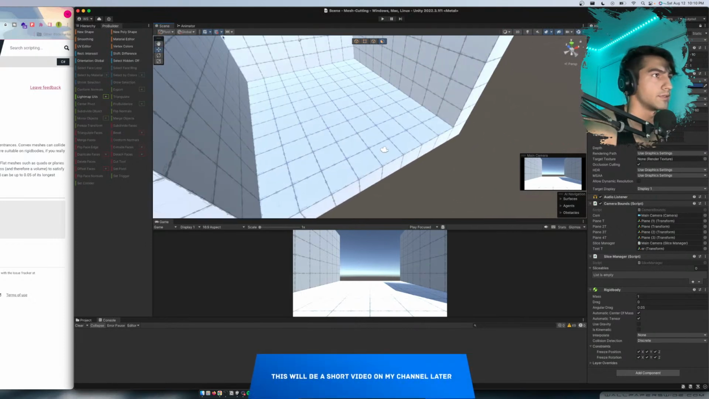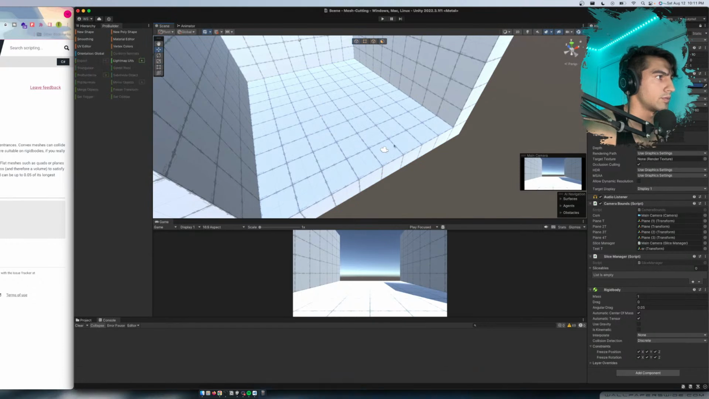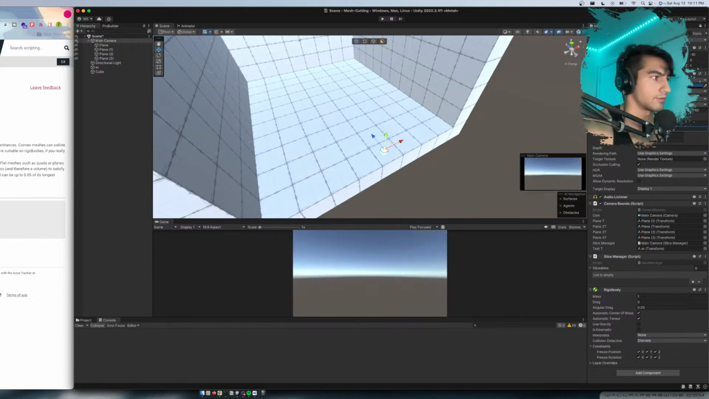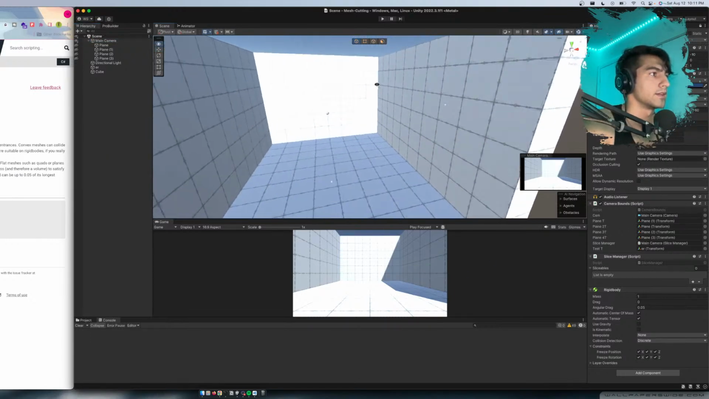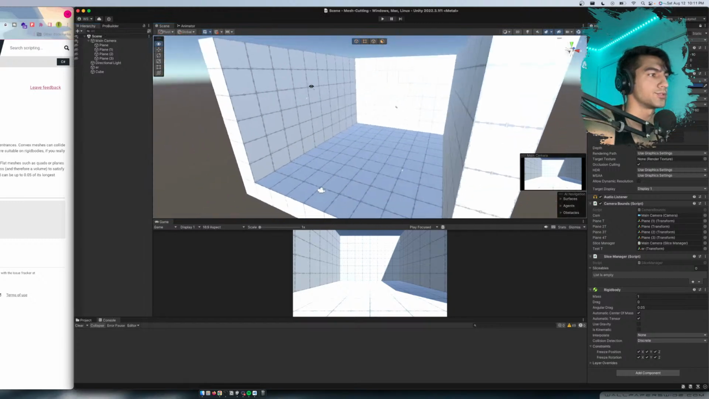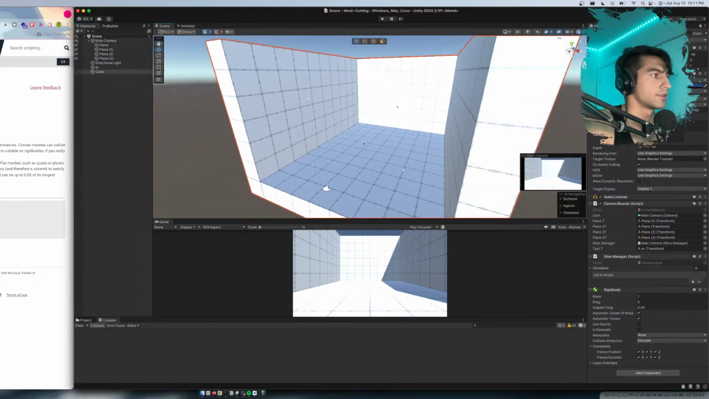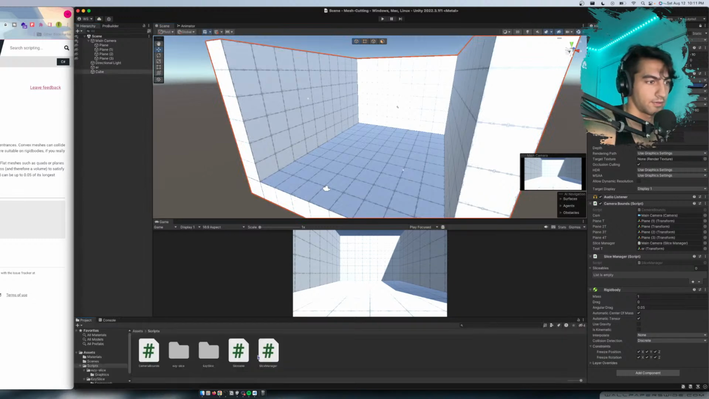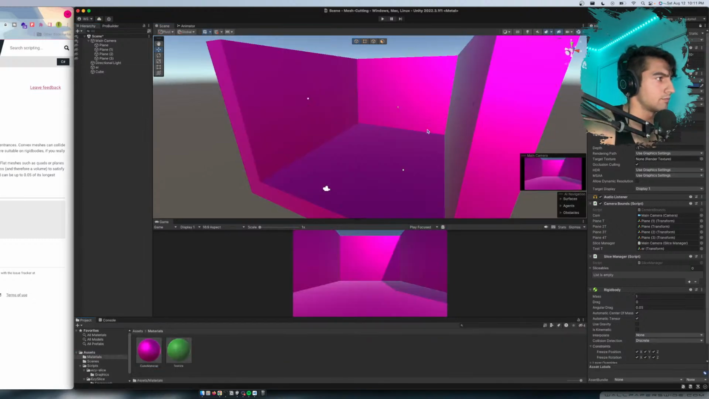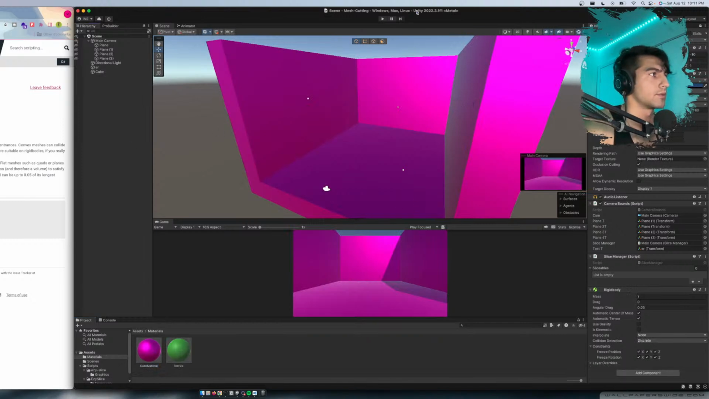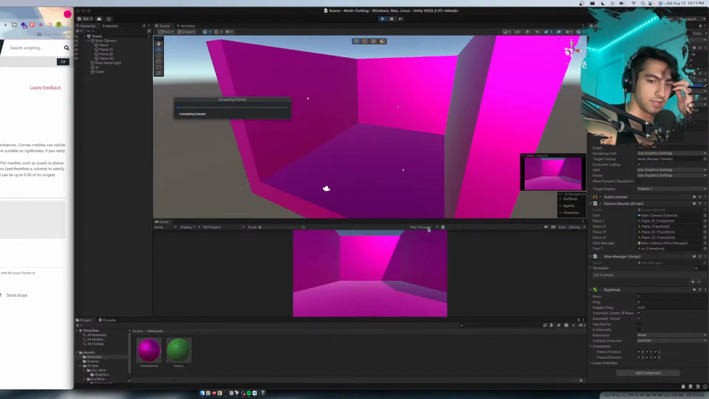I'm gonna increase the far value of the camera to like 15 so you can see the back wall there. And yeah, it's super shiny. Whatever. Just give me a second here. Huh. Better. Okay. Now if we hit play,